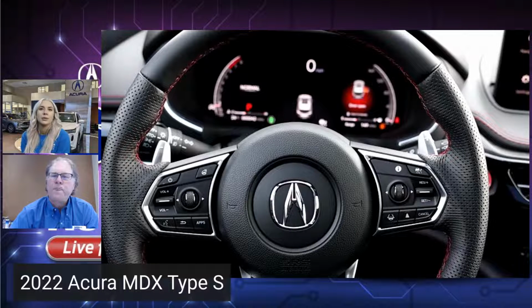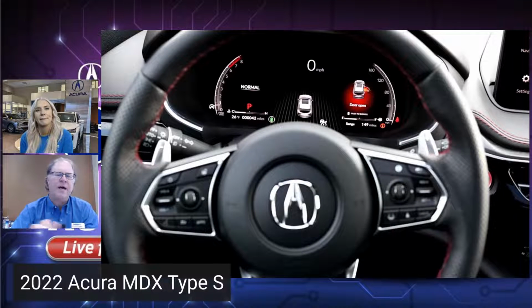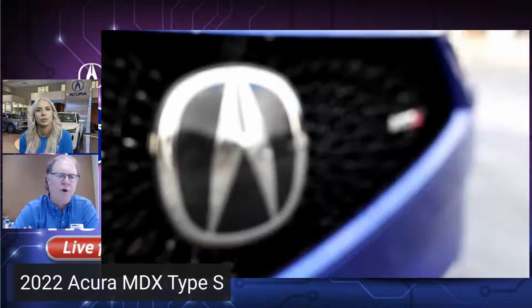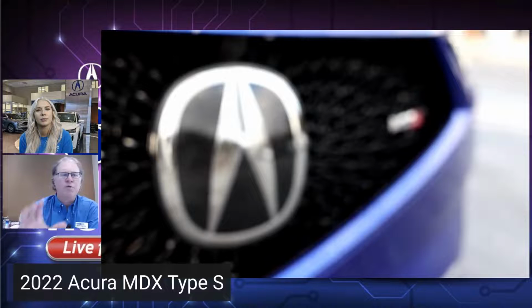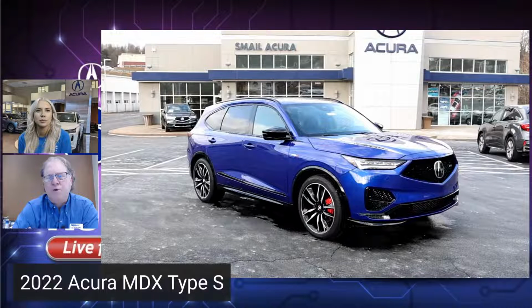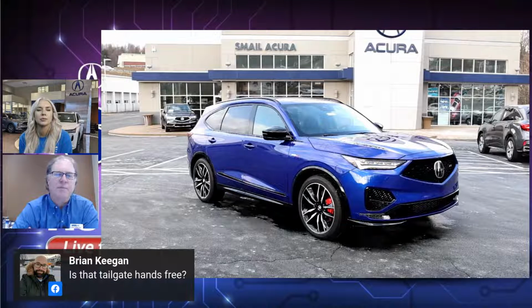Wow. You can see it's more of a sportier steering wheel, cut off at the bottom, similar to what the Corvette has. You have a digital dashboard that changes as your dynamic mode changes. It has 24 different ambient colors inside that you can choose for lighting at night. We're very, very excited to have this. We're going to be getting more in the future here, but this is the new flagship for Acura, because there's no more